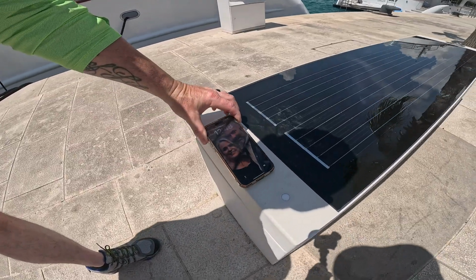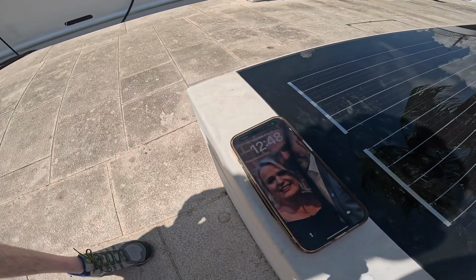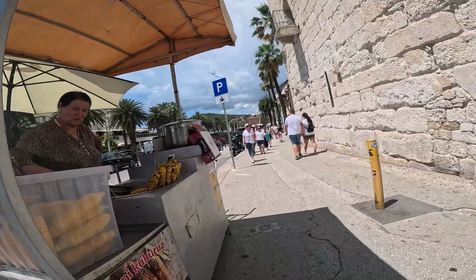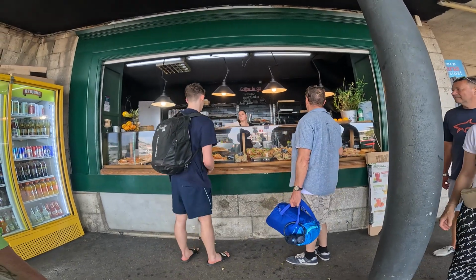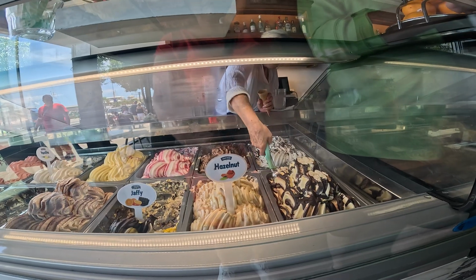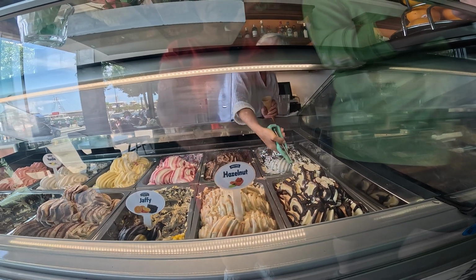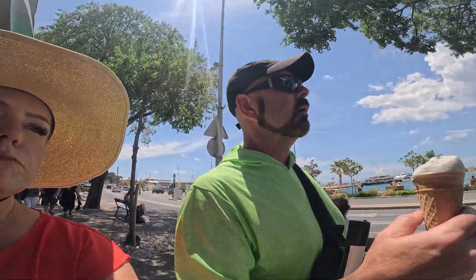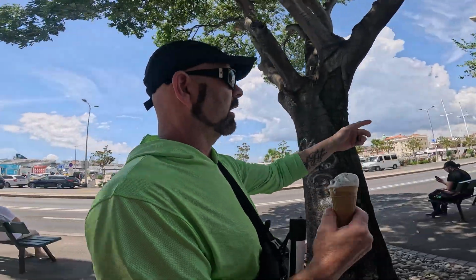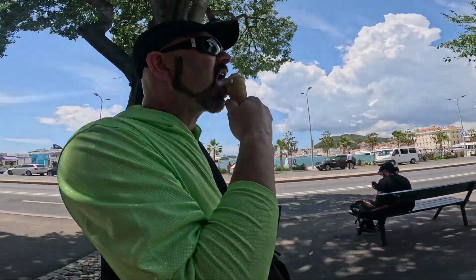Imagine solar-powered benches that can charge your phone. How cool is that? The city is brimming with charming little spots perfect for grabbing a quick bite. Naturally, our first stop had to be for some delicious gelato. With our sweet treat in hand, we then made our way to the awe-inspiring Diocletian's Palace, ready for some more